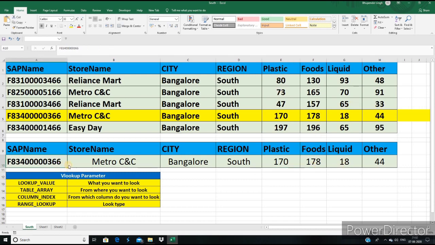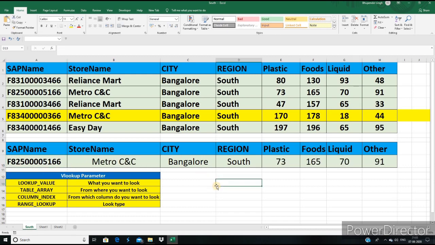If you want to change this SAP number, here we created a drop-down so that we have no need to copy the SAP number again and again, just to save time. Select any SAP number, so we select this, and now you can see guys, the answer has changed. Pay attention on the right side where you can see the food, plastic, liquid headings. See it guys, now it's working fine.